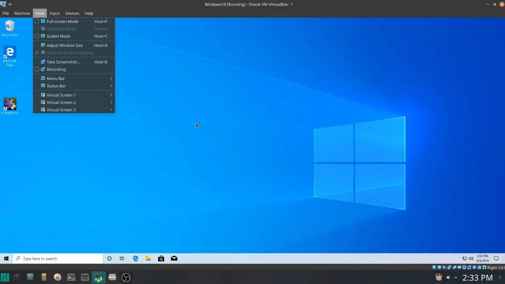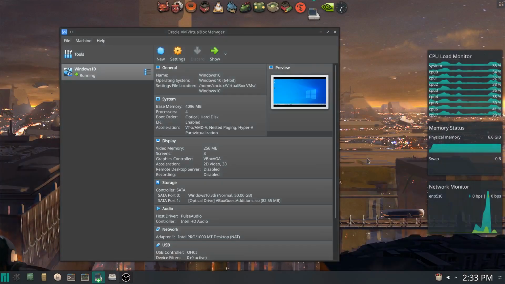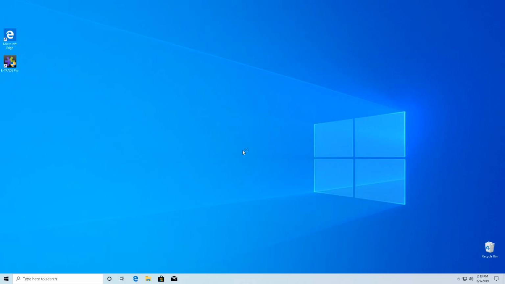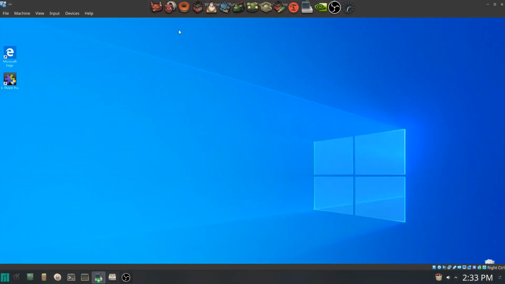Now you are in VirtualBox. So when VirtualBox launches, you can press Control F. That will give you a full screen. Now it'll basically look just like if you were in Windows. It's like you're not even in Linux at all. This is your virtual machine. Control F is how you get from your guest machine to your host machine, from full screen to where it's minimized. So in other words, if I hit Control F again, it'll basically bounce me to,